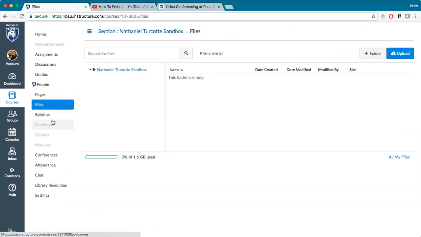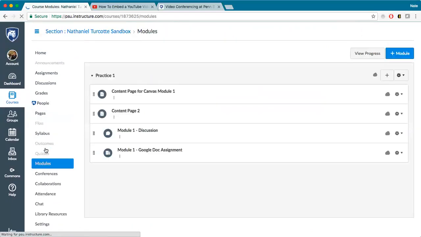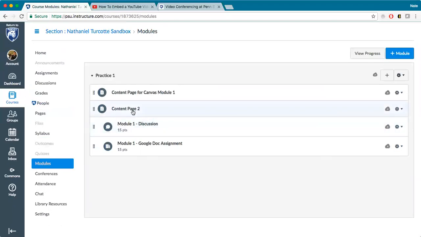And so we can click on the files option, upload that PDF or that extra reading or image that you want to have your students do. And then you can just go back to the content page that we were just in, or whatever page you want to insert it to,